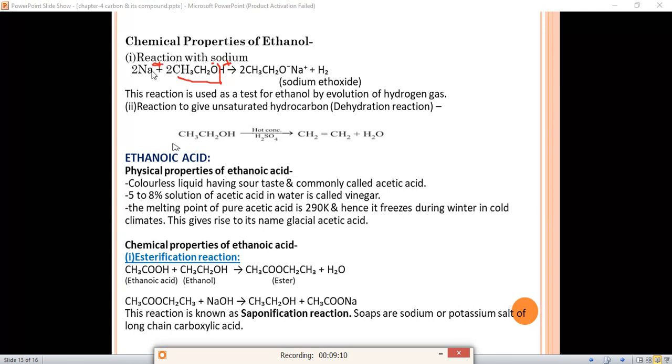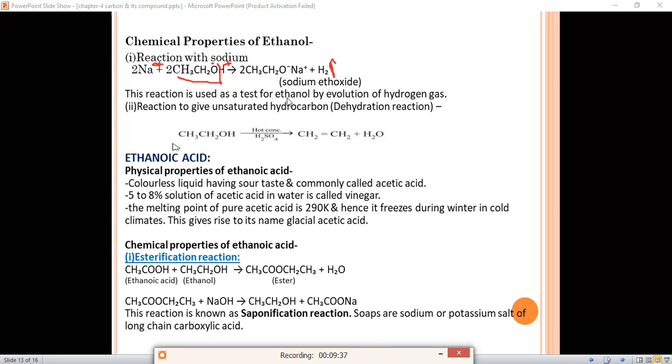Okay, it is a metal. This positive charge will come and attach with the oxygen, meaning it will have attraction for the negative charge. So which compound will we get? CH3CH2ONa, and this hydrogen will come out from the reaction as H2 gas, hydrogen gas. It will evolve as hydrogen gas. So what is the name of this compound? Sodium ethoxide. Okay, the name of this compound is sodium ethoxide, CH3CH2ONa.